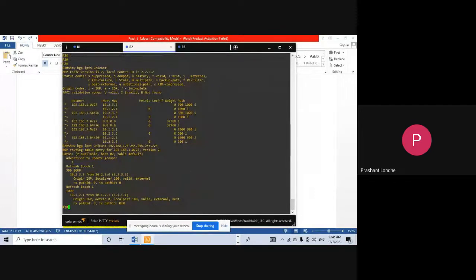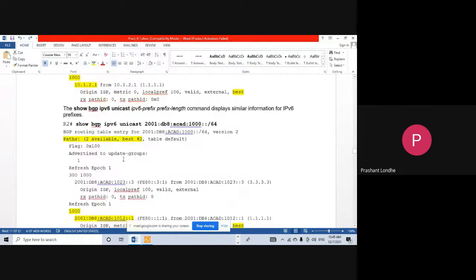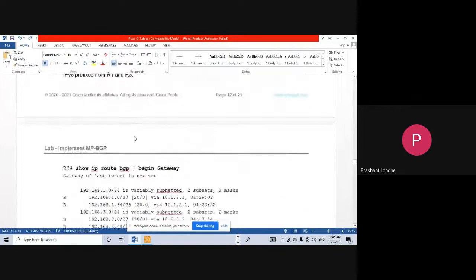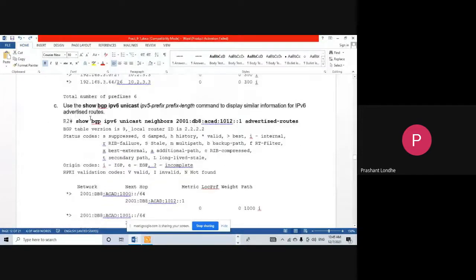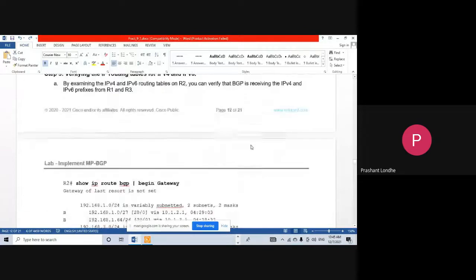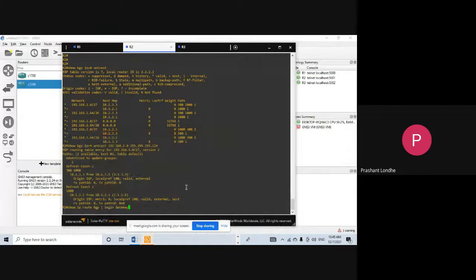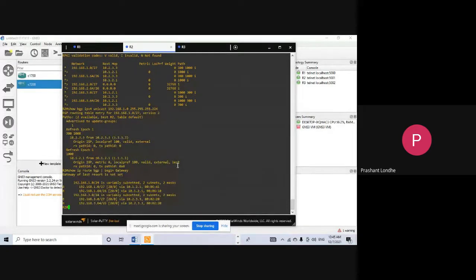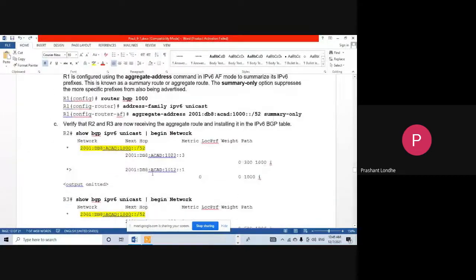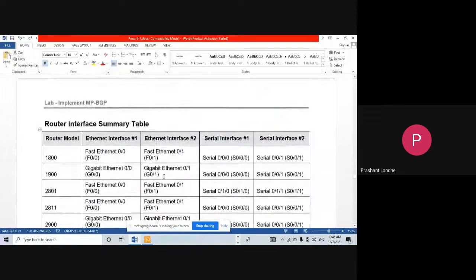If you are selecting one neighbor, you can find out the advertised routes and refresh. It is going to advertise 300 and 1000 because its ID is 5000. So these are some commands you can check. Also, you can see the IPv6 advertised routes. You can execute this command for IPv4 too and see the advertisements and routing table entries for that particular ID or machine. So just execute all the commands given in this doc file, and then you can prepare your journal.